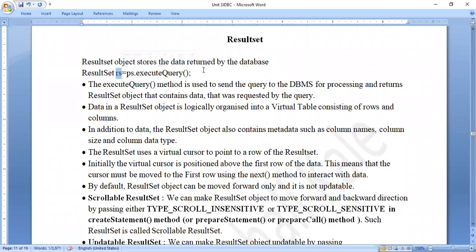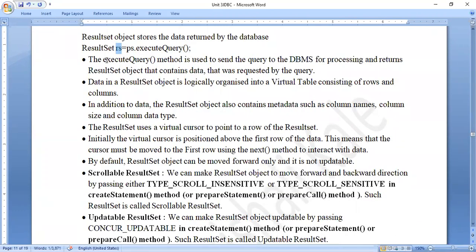So result set is nothing but the virtual table which is the output of my select query. The execute query method is used to send the query to the DBMS for processing and returns the result set object that contains data that was requested by the query. Data in a result set object is logically organized into a virtual table consisting of rows and columns, that is fields